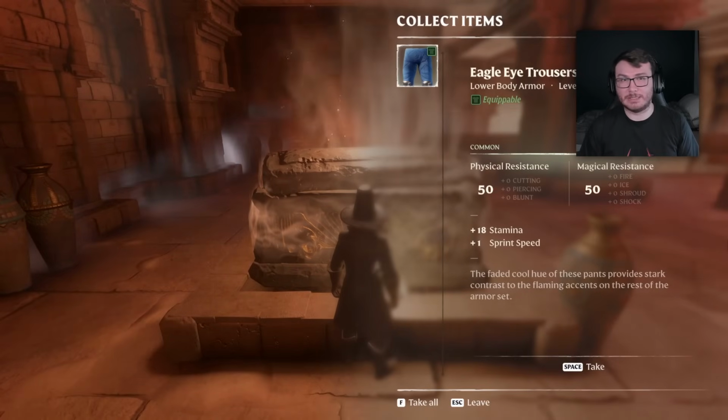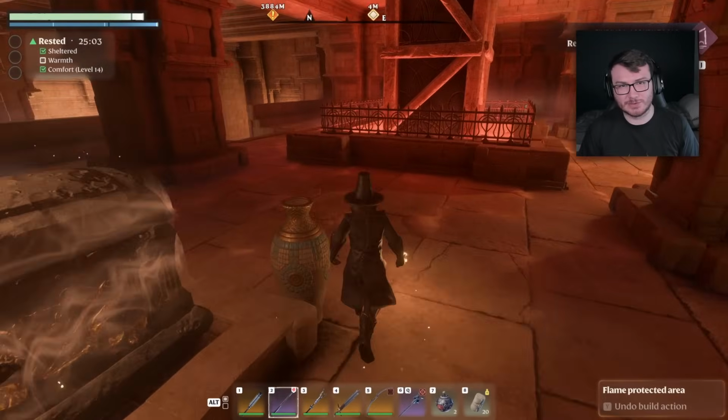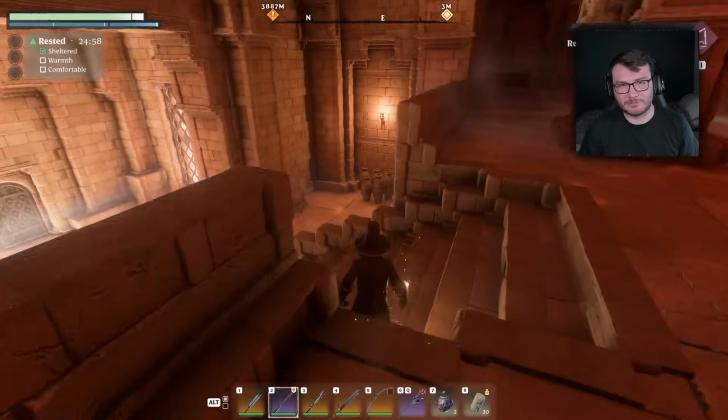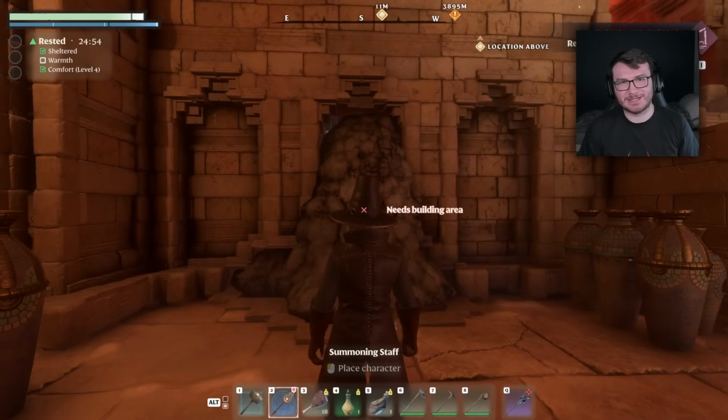You can get some really good gear in here. I've farmed it a lot and got a lot of good stuff, and I will show you that towards the end of the video. But there is also a second chest where if you head on around to the front, down the stairs, around to the right, and then mine out some dirt, you will actually find a second chest